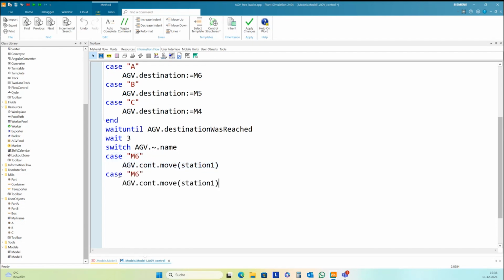And now I can copy and paste. If we are on M5, then the part goes to station 2. And in case of M4, the part goes to station 3. And end. And then I can restart.